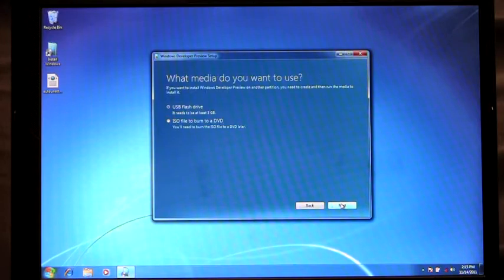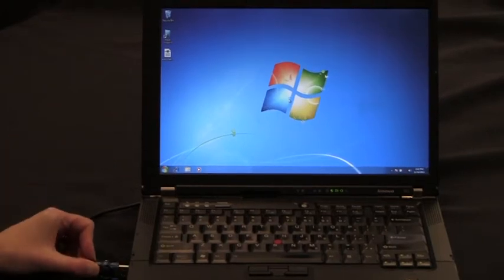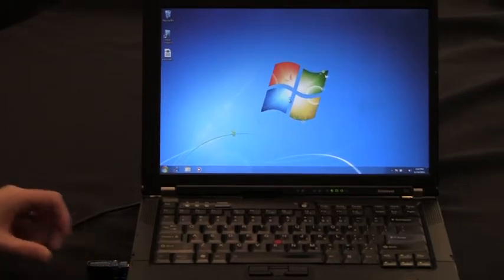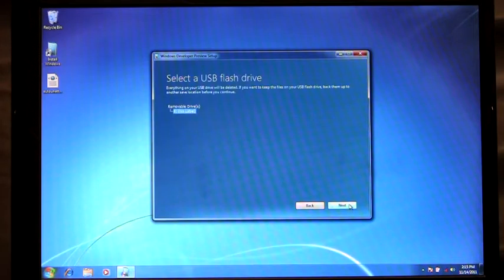And here you'll see I have to choose between using a USB flash drive, or I could create an ISO file and burn it to a DVD. For this scenario, I'm going to use a USB flash drive and plug in my USB flash drive. One thing that's important to keep in mind is that it needs to be at least 3 GB in size or larger. The other thing, when I click Next, you'll see it's going to automatically find that removable device, my